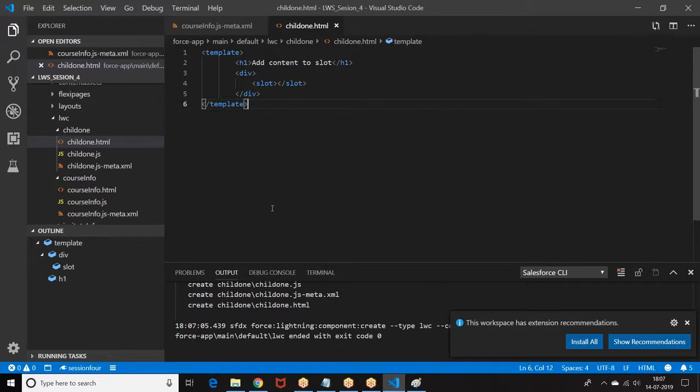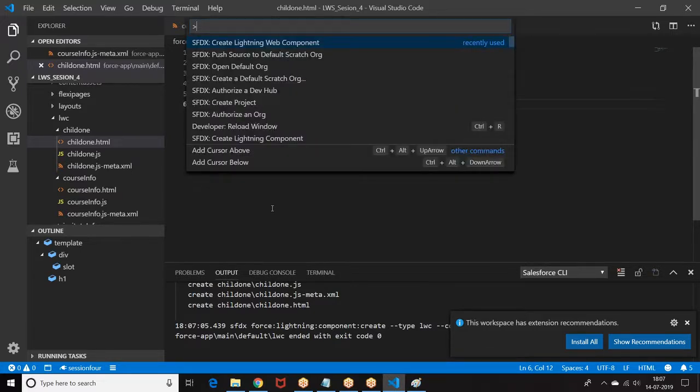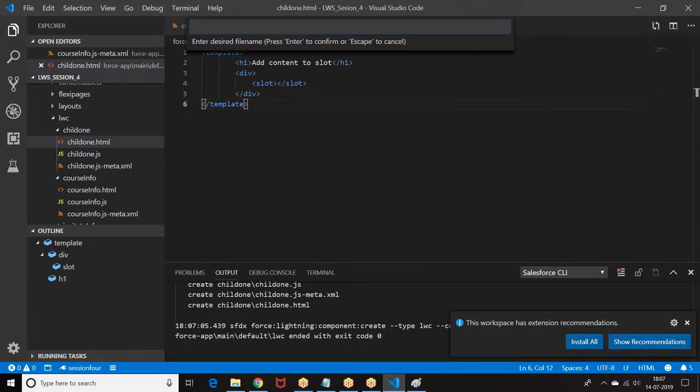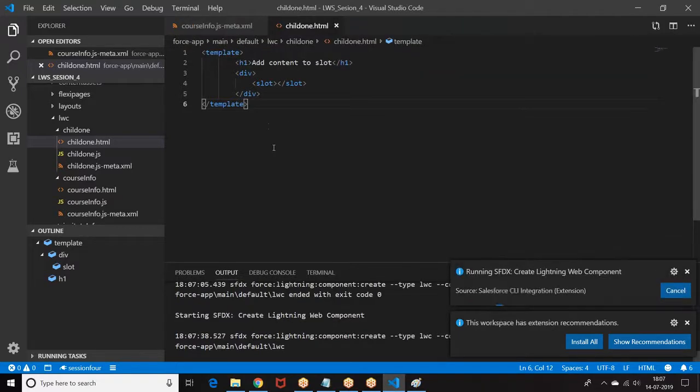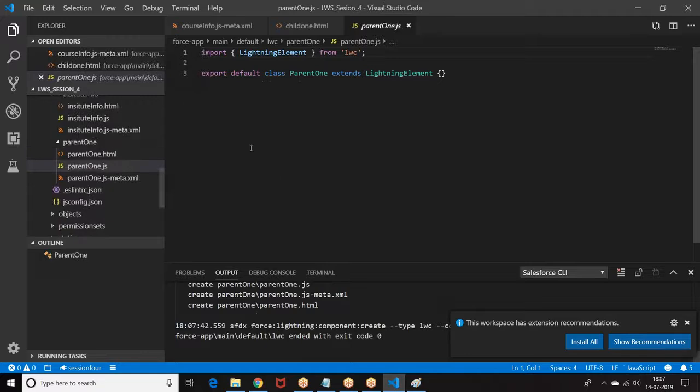Now I am trying to create one parent. Control Shift P, parent1. Now in the parent, within the parent component, you are giving a child component.